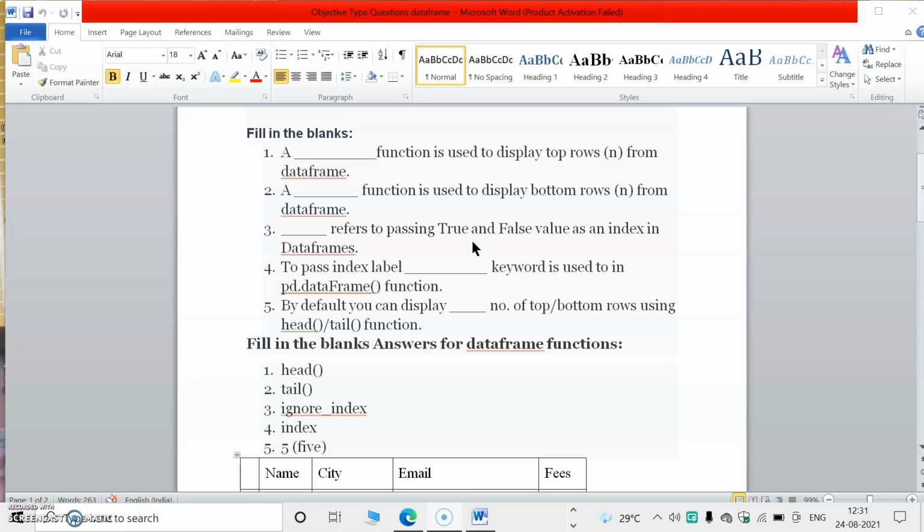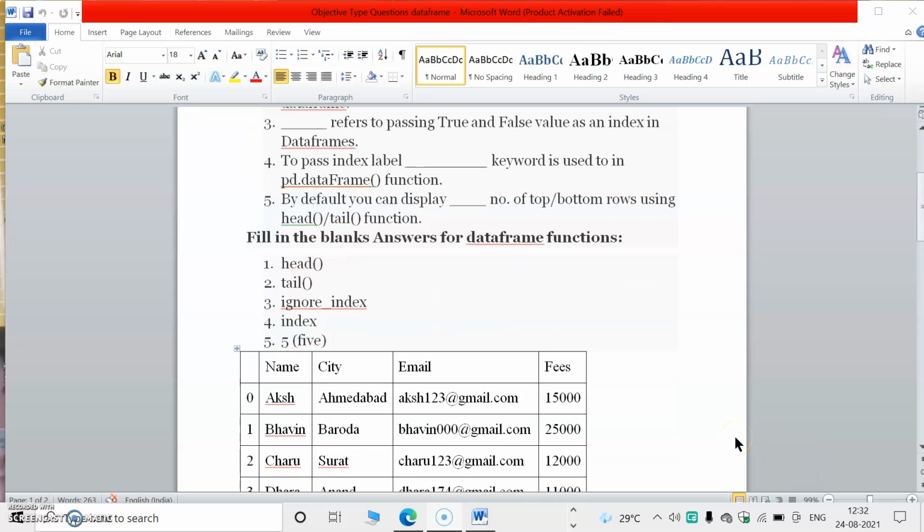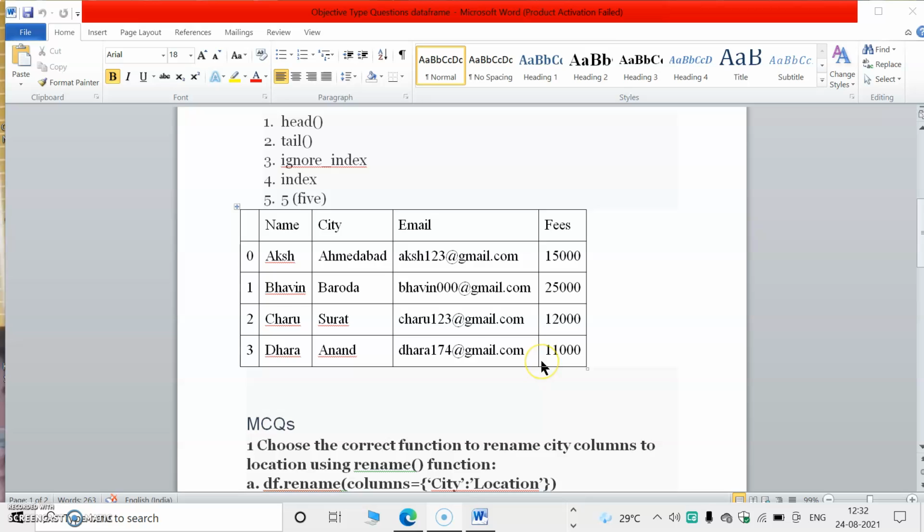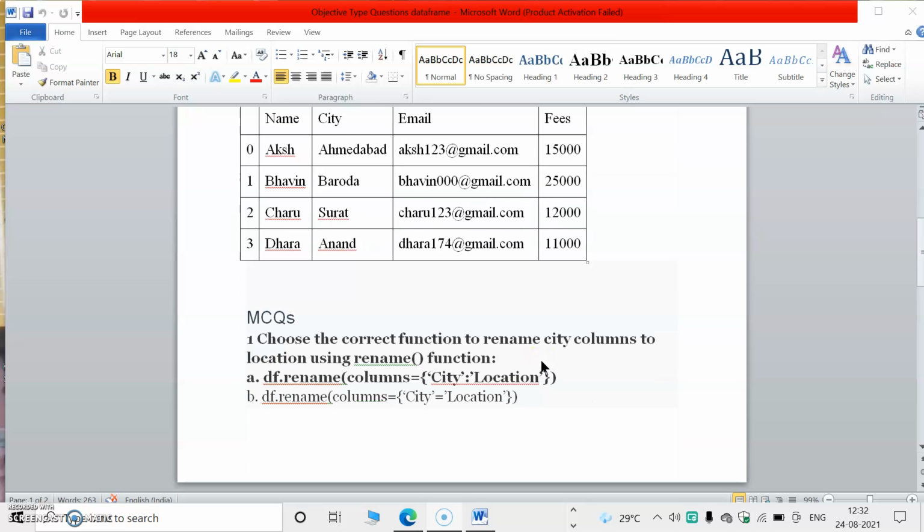Without specifying index, we can pass true and false by using ignore_index. To pass an index label, the keyword index is used. Index label denotes the row. By default, you can display dash number of top or bottom rows. We already studied that 5 rows can be displayed.